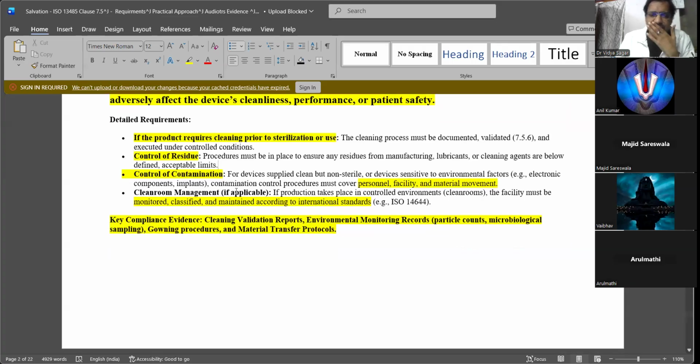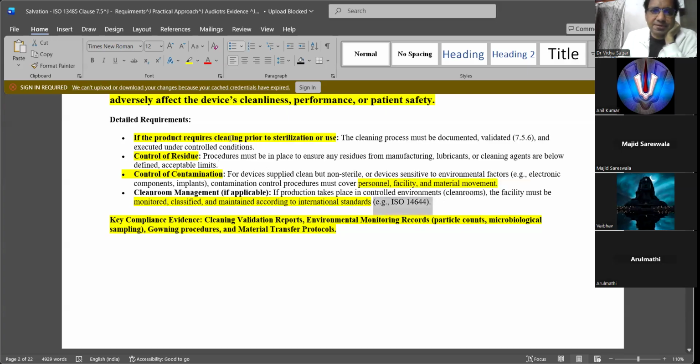I have the bad habit of telling everything before it comes. This is called clean room management. If production takes place in controlled environments like clean rooms, the facility must be monitored, classified, and maintained according to international standards.